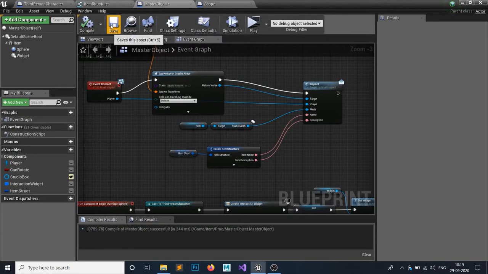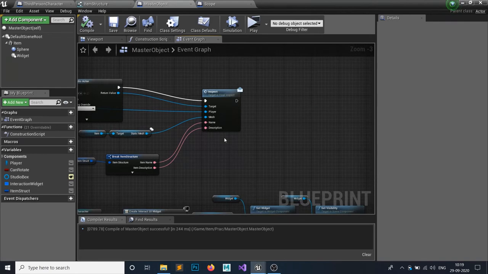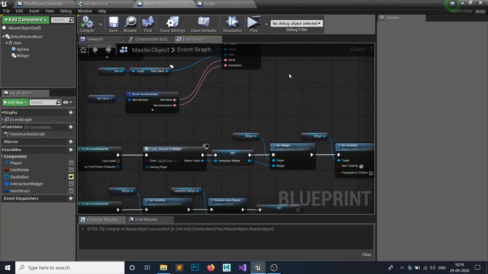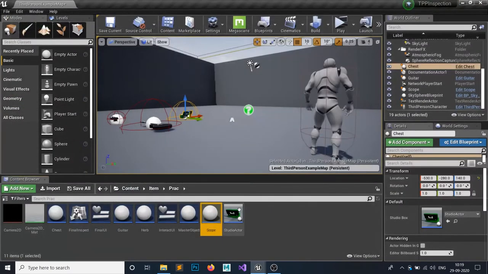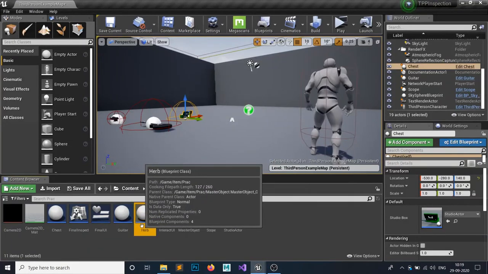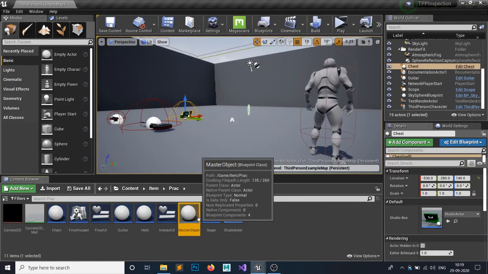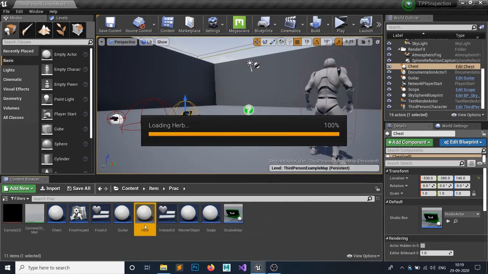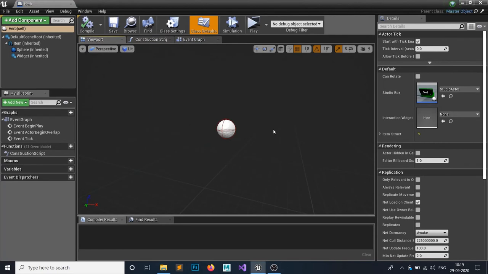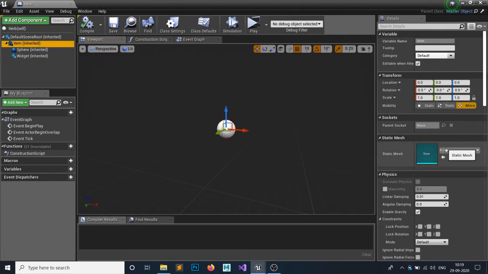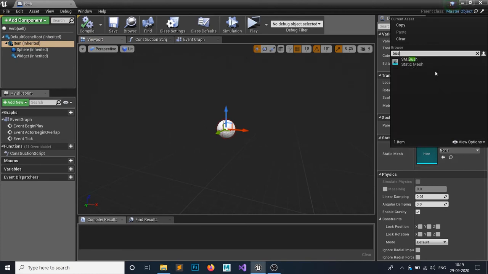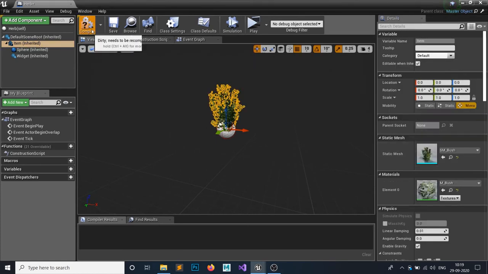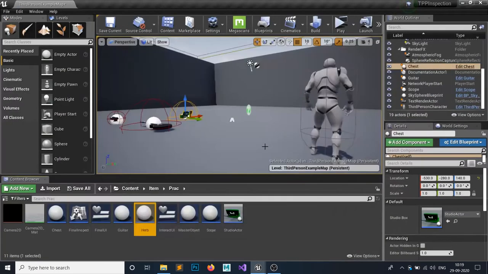So we have done these things, and now we want to do a certain part. So let's make a herb. So we have made this item herb class from this master object, and by creating this child blueprint, we have made this herb. This would have all the things of our master class. So the herb would be, let's say, a bush. Yep. So hit compile and save, minimize that, and let's add this bush inside our game.